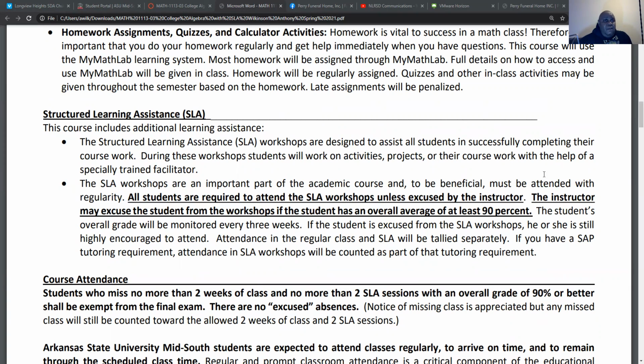Now, what I have in bold print and underline is very important. If you have at least 90% on each exam, you will be excused from attending the SLA session for a few weeks. Now your grade will be monitored every three weeks or so. But if you have at least 90% at that time, sometimes it could be after the first test or after each test, if you have 90% or above, then you're excused. But keep in mind, even though you're excused from SLA workshops from time to time, you are highly recommended to attend, so that way you can get help. Now you'll be excused for a certain period of time, but after that time is up, you'll have to attend